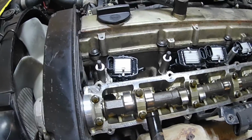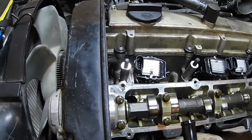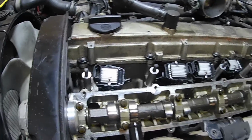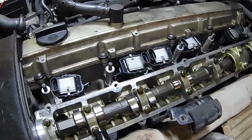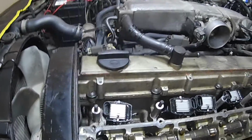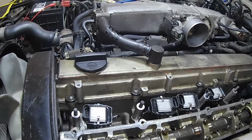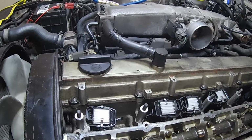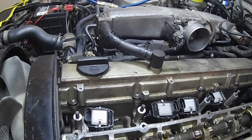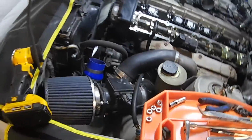So basically the next step is I'm going to clean up any residual oil, any sort of hardened parts of the gasket. Put that on there, that way it will have a fresh seal when I put it all back together. And then we're going to do the same thing to the intake side. Like I said, this hose seems pretty brittle. It's a little bit harder, so what I'm going to do is try to remove it once the valve cover is off by pulling the valve cover towards me. But what I want to show y'all is